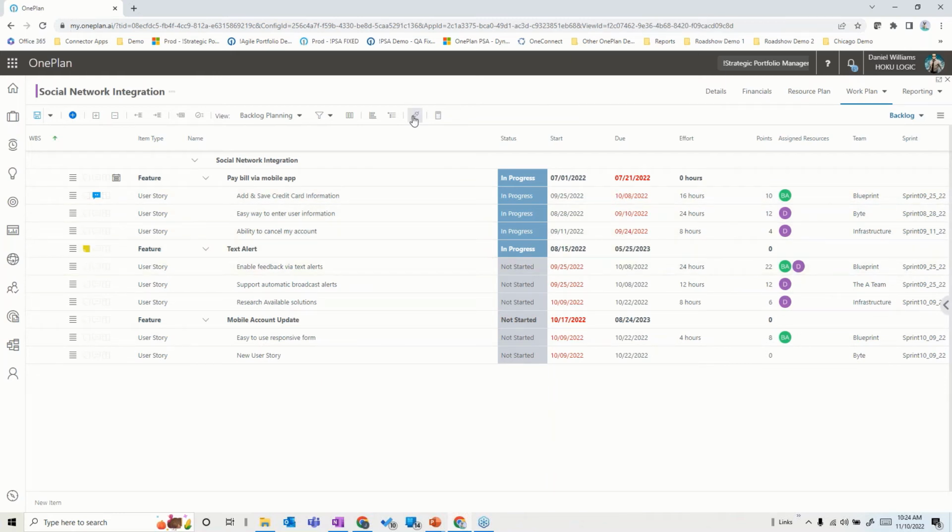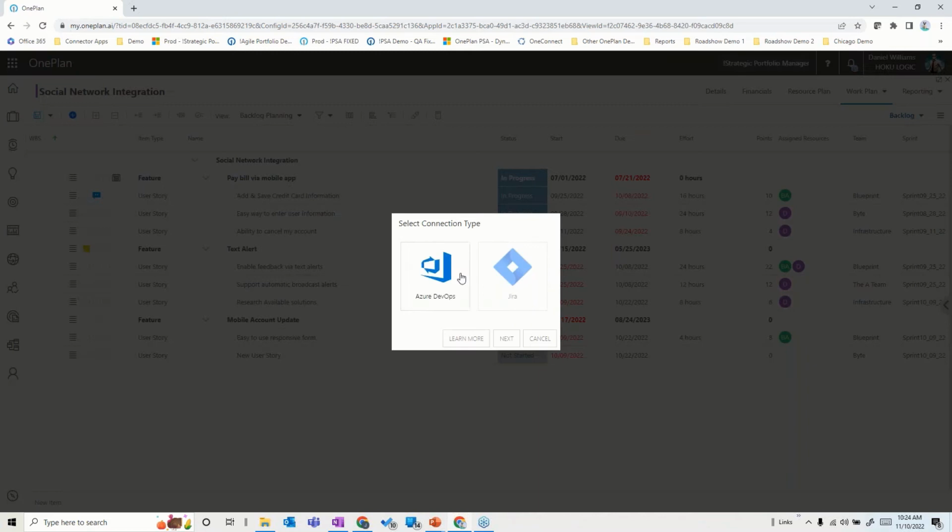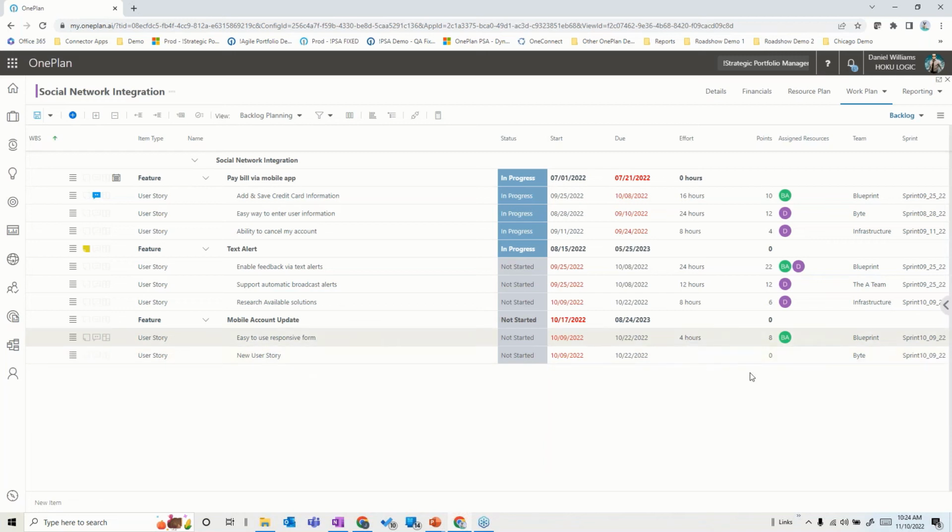And once again, you could either build those things directly here in OnePlan or leverage things like a connector to Azure DevOps or to Jira to bring that data in on an ongoing basis from those. So once again, the adaptive piece here is you could have a combination of Agile, a combination of waterfall, a combination of different tools feeding in, both from a waterfall and an Agile perspective, feeding these things in.